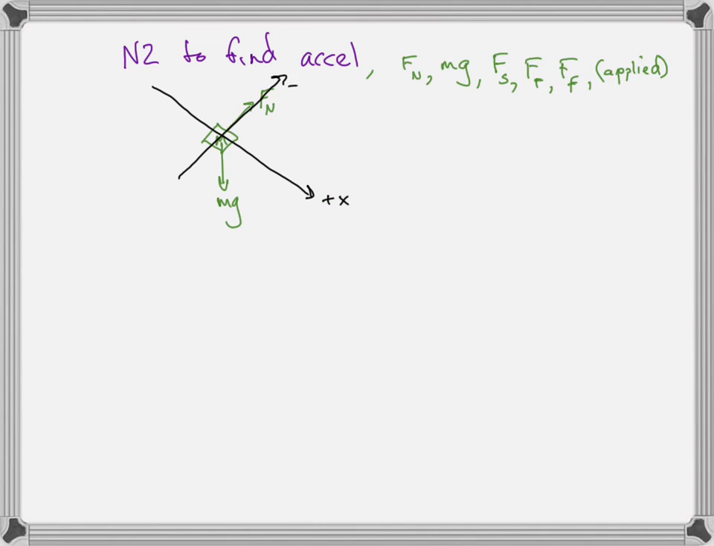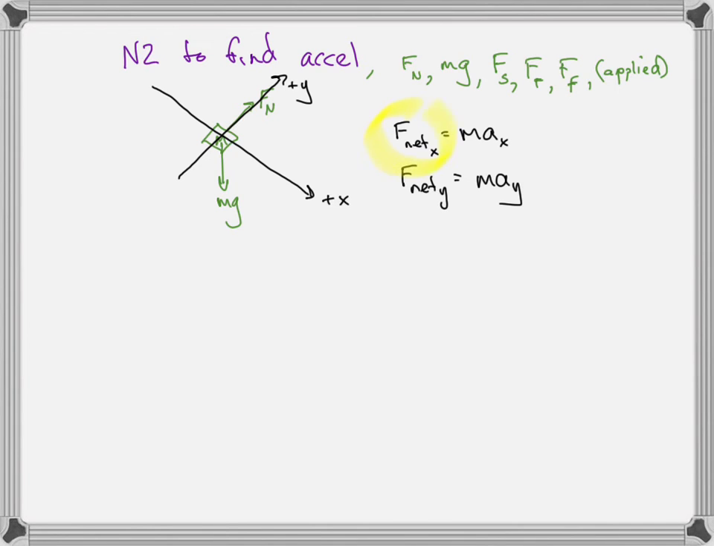Therefore, plus y should be perpendicular to the ramp. And then you apply Newton's second law in the x direction. F net, the components of the net force in the x direction, equals the mass times the acceleration in the x direction. And the component of the net force in the y direction equals the mass times the acceleration in the y direction. So you write down Newton's second law, you have your free body diagram, and then the next